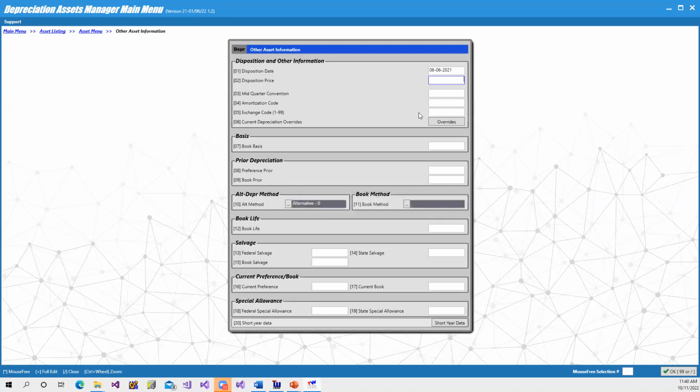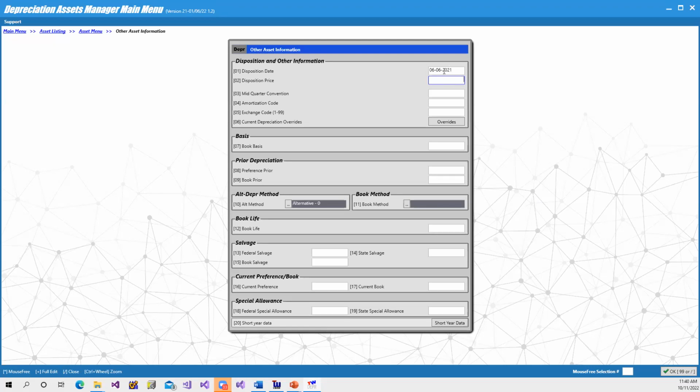And so now it's applied a disposition date to all of the assets. It hasn't entered a disposition price for all of the assets, but it keys it up and gets you ready and saves you a little bit of time so that you can enter the disposition price, and then you can either display the disposition report back on a reports page and have that information available to key in, or